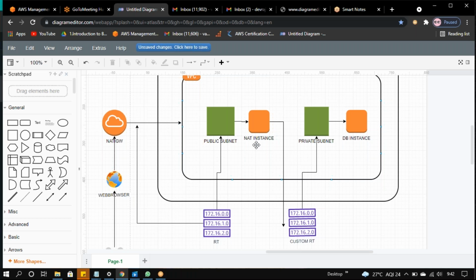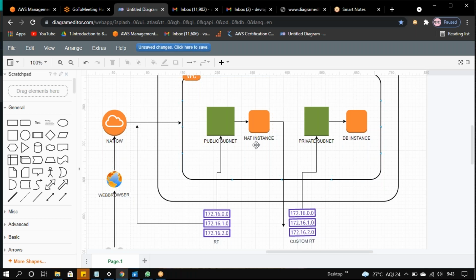Your broadband company does NAT configuration with its ISP. There are three kinds of NAT. Your ISP does a NAT configuration with your broadband, and your broadband also does a NAT configuration with your private IPs. Via that you are getting internet access for your private IPs.